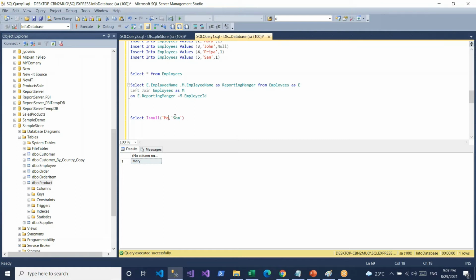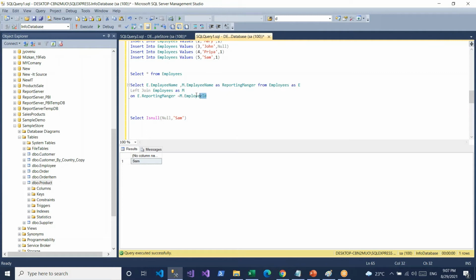See here, if I keep a null value and execute, it gave the same behavior: it checks whether the value is there, and if so it gives the exact value. If there is no value, it brings out the alternate value that we gave.